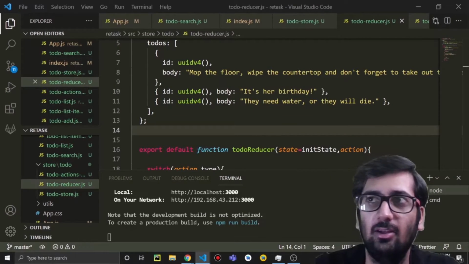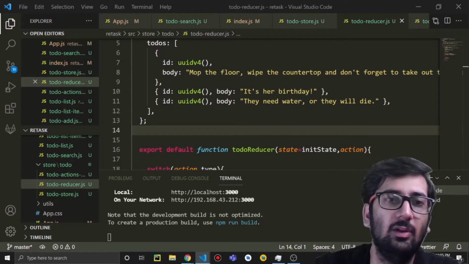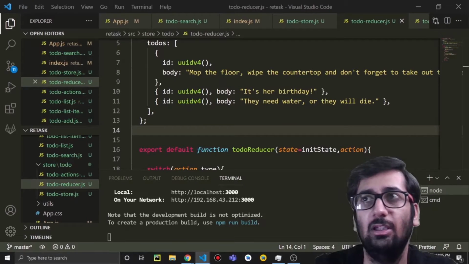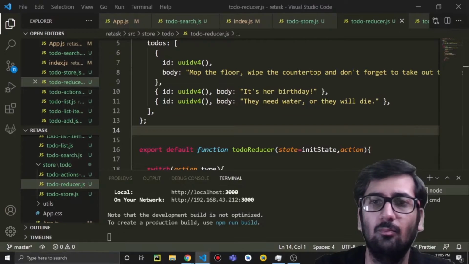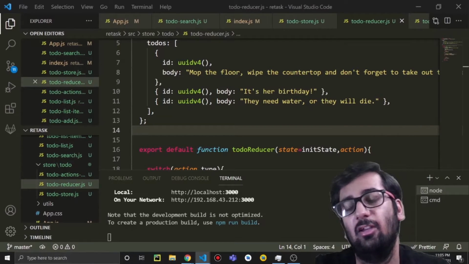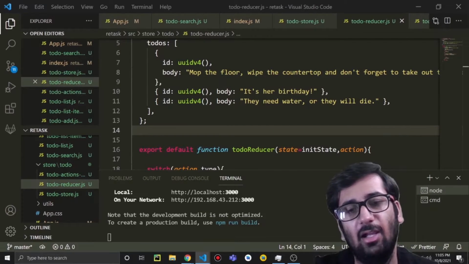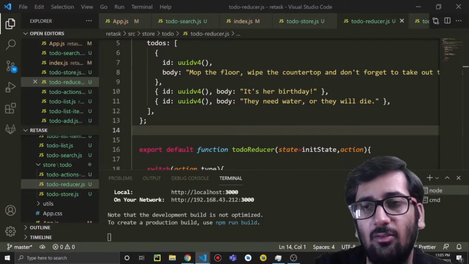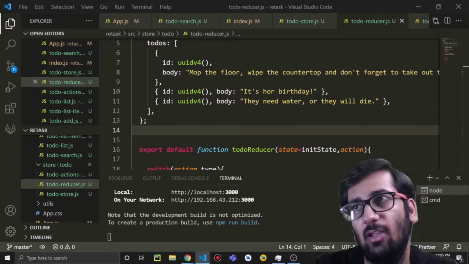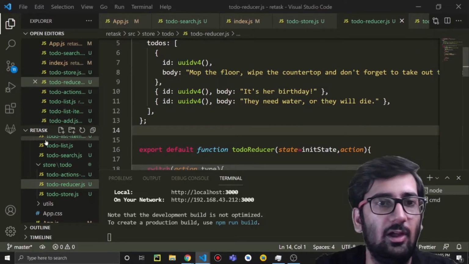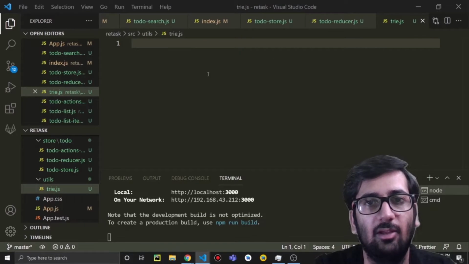Okay, so trie is a data structure. Most of you guys know about trie. So we are going to implement the suggestion feature. For that, we need to insert all the keywords available in the body of all the to-dos into our trie. And that trie will give us back all the suggestions, all the words that are based on the keyword which we send. Okay, so let me just create a trie file, and let me paste the trie class, and I will explain everything, don't worry.